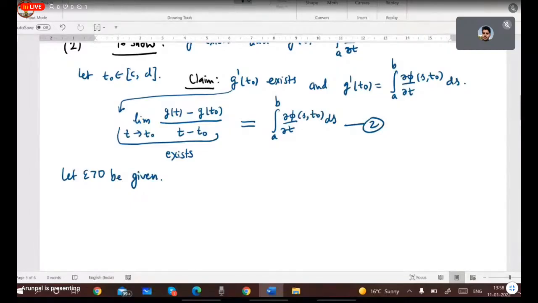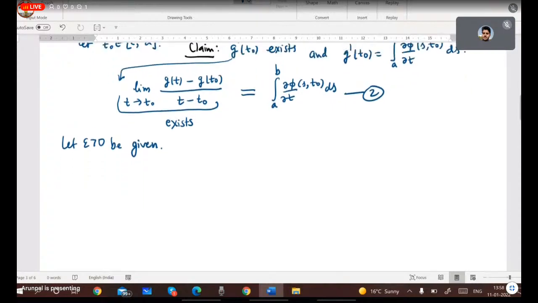This is just nothing but a function, and it is nothing but the value of the limit of this function. So if you want to show that the limit of this function is equal to the right hand side of expression number 2, then it means, class, what? It means we want to show that